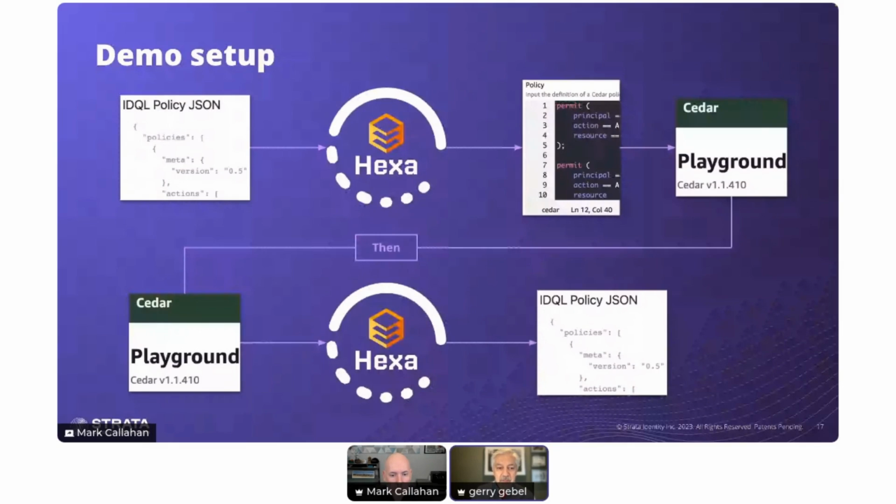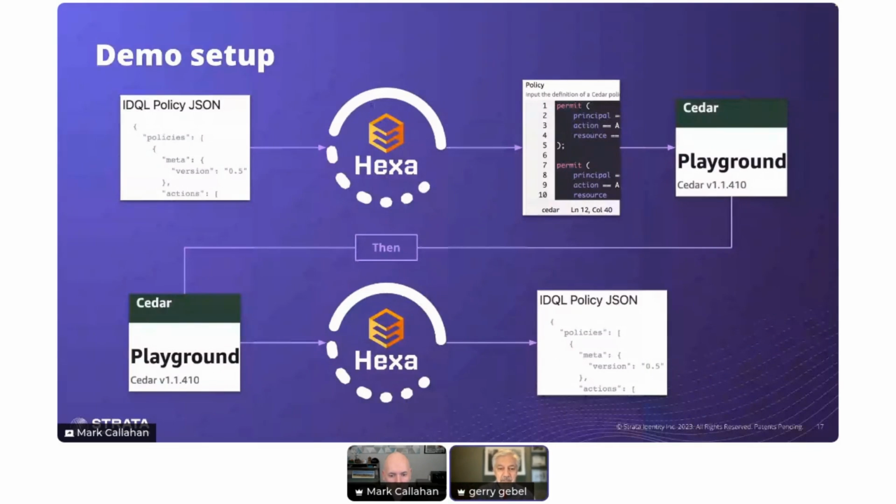We'll put that through the Hexa mapper, as we're calling it at the moment. It's a command line interface. I'll copy that output, which will be a Cedar compliant policy, and go to the Cedar playground, which is publicly available right now, and we'll paste that policy in there.